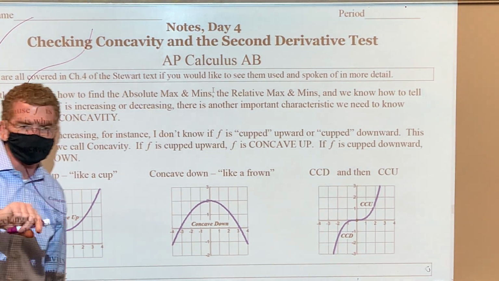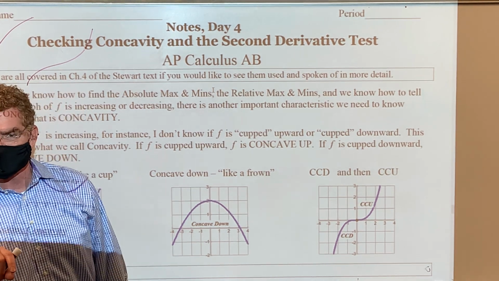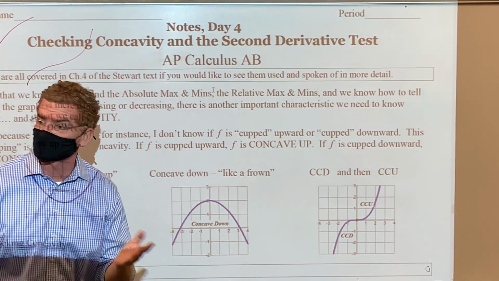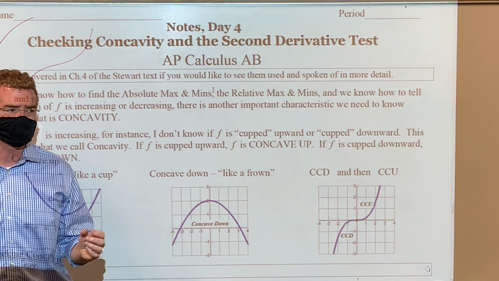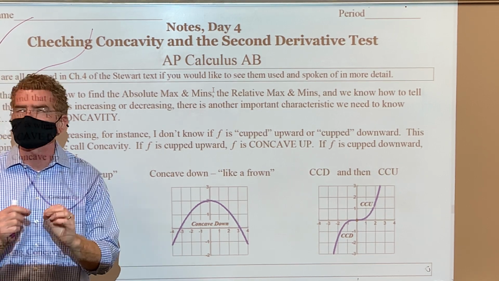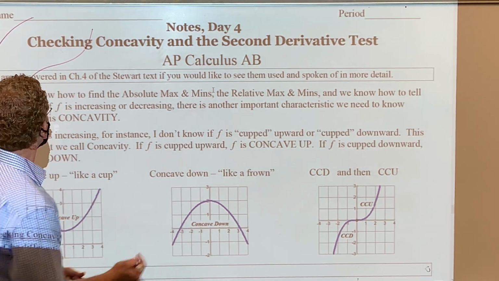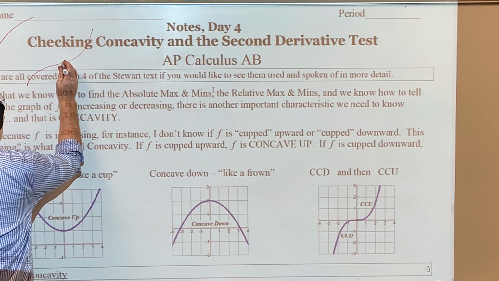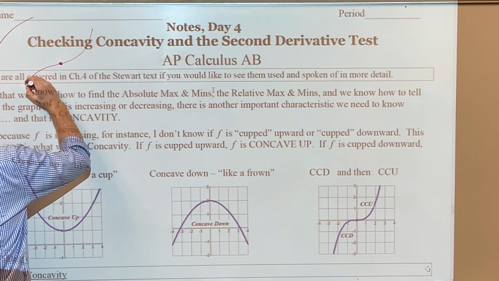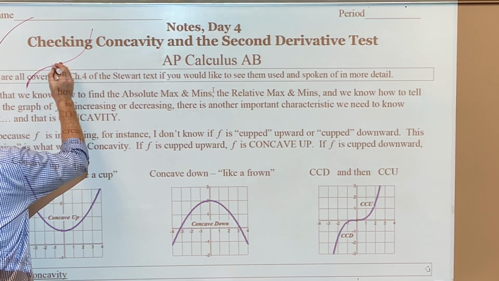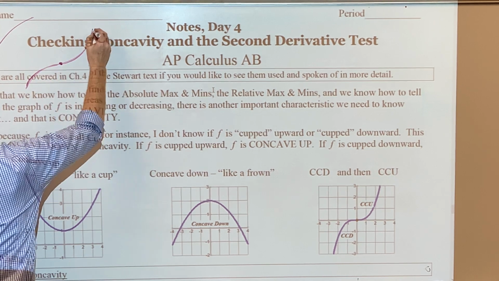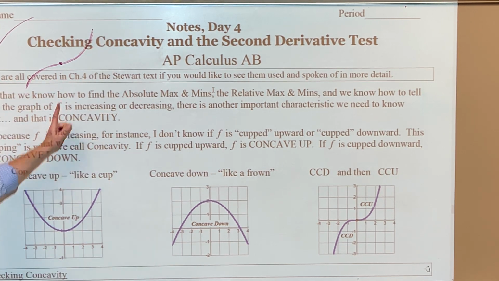And where it switches, concavity isn't a critical number necessarily, could be. It is what we call an inflection point. So like say right somewhere right in here, where this graph switched from concave down to concave up,